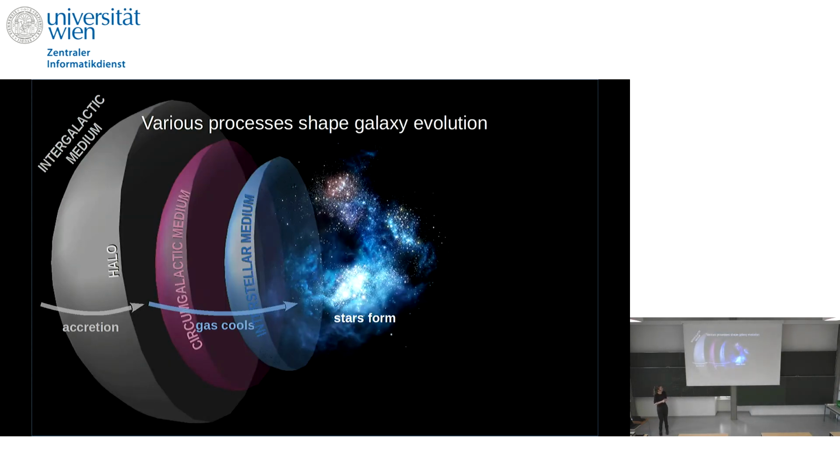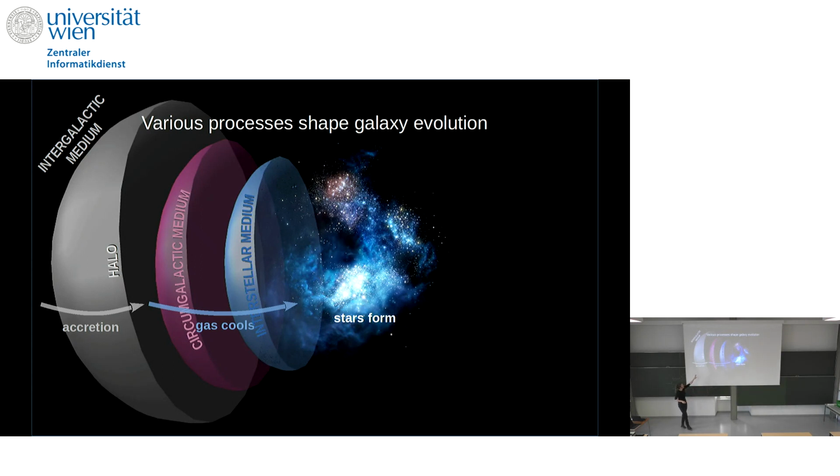So what do we think of when we talk about galaxy evolution? It's a very simplified picture. You have your dark matter halo. Then you have what we call the circumgalactic medium. That's basically a medium around the galaxy, but mostly, I think, within the boundaries of the halo, although the definitions slightly differ here. And then we have what we call the interstellar medium. That's mostly where the stars form, and what we can see as galaxies.